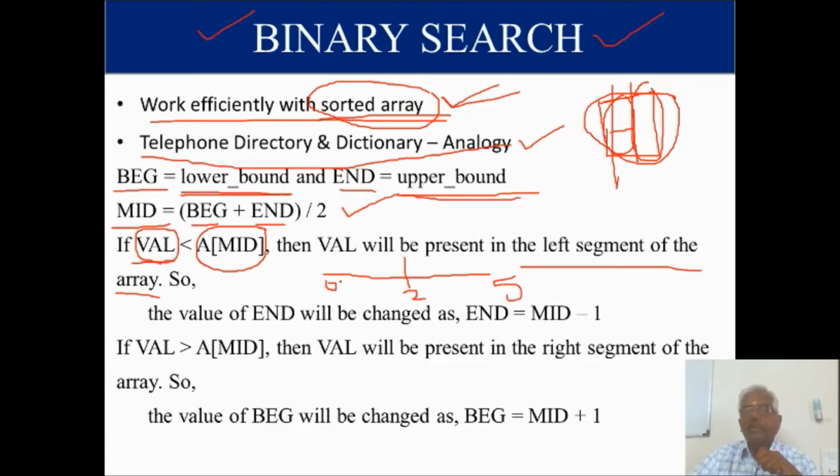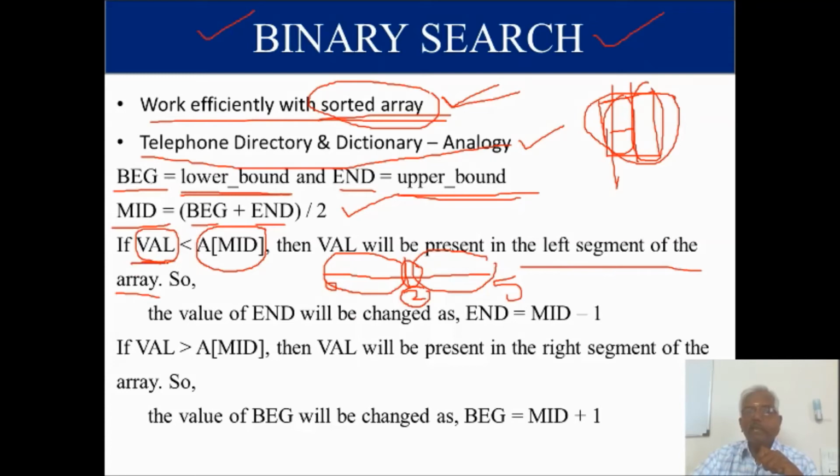Now first I am going to check whether my value is the mid value or not. In case it matches the mid value, this is my answer. This plus 1 is the position. In case my value is greater than this element, I am going to search this part. If it is less than this element, we go for this part.